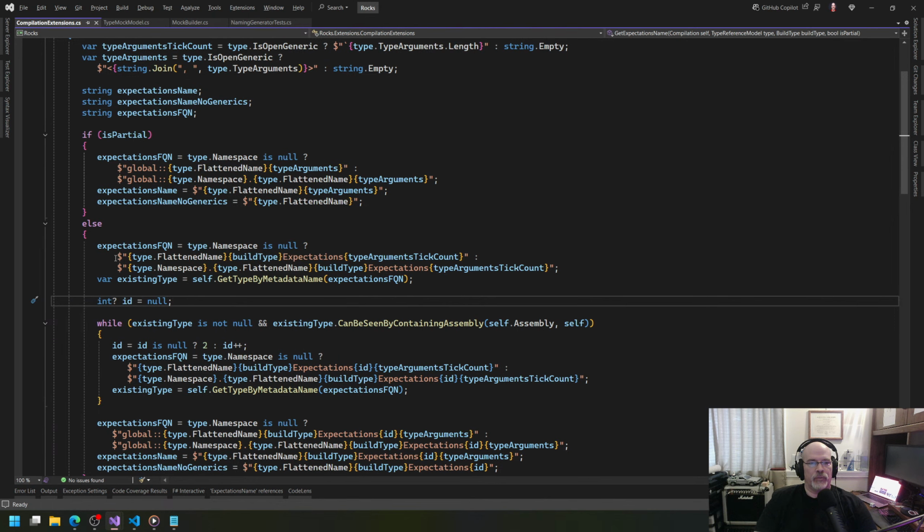So in our case, it would be the namespace, what's called the flatten name here, which is essentially just the